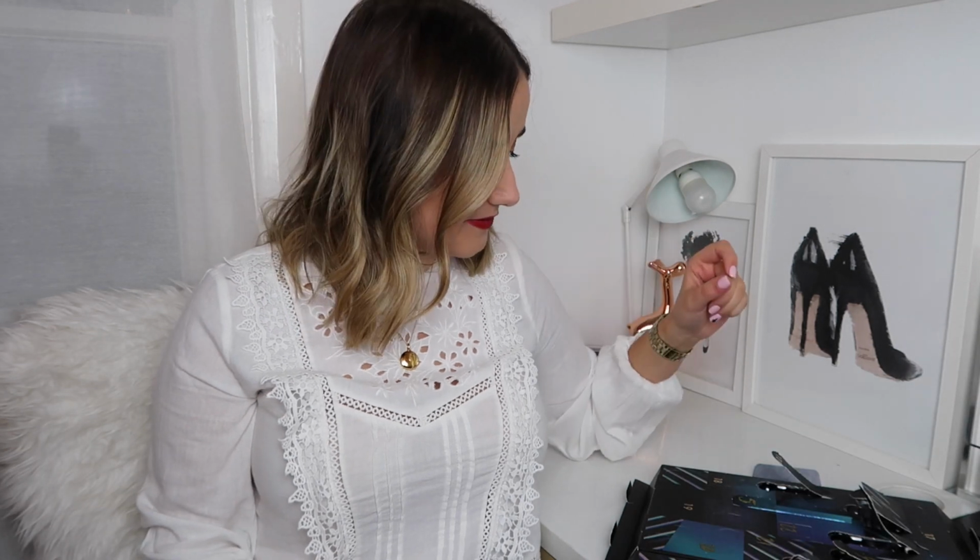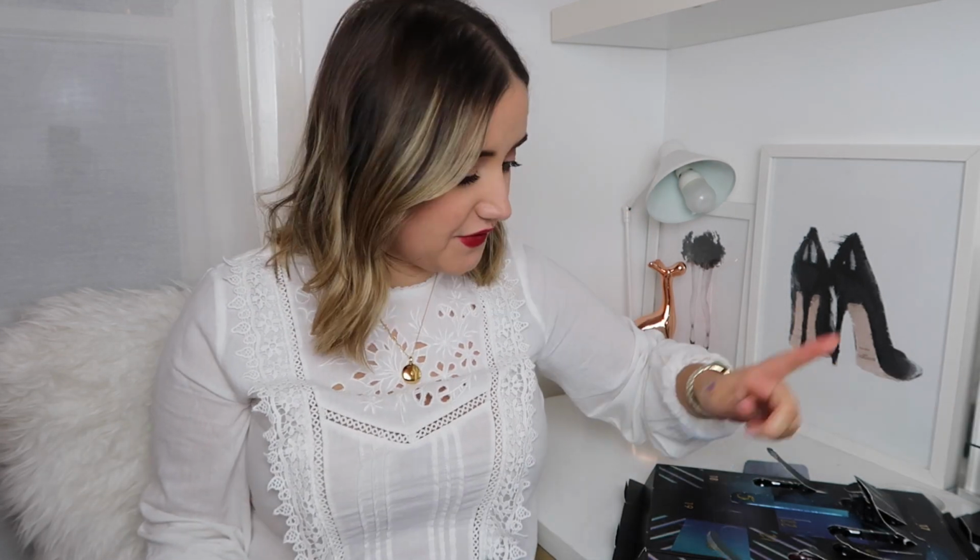And as I said, I really do rate Sleek blushes. 15. This is Lip Laminate High Impact Lip Colour. So I think this might be very, very glossy, so maybe not for me. And it may also be purple. It's in the colour Extra Sauce. Oh, yeah, this colour is not for me. I'm going to pass on this one. I don't think it's particularly wearable. But if you like purple lips,